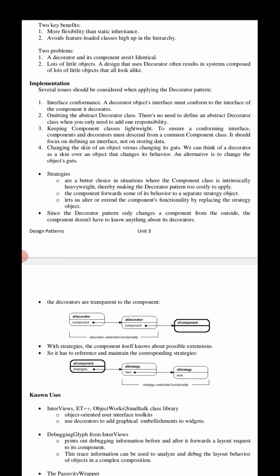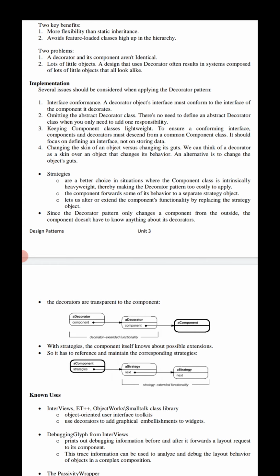For example, consider graphical components called views. We need to maintain a list of adorner objects so that we can attach additional adornments like borders to a view component. If a view has any adorners attached, then it gives them a chance to draw additional embellishments. It must use this approach because the view class is heavyweight, so it would be too expensive to use a full-fledged view just to add a border.